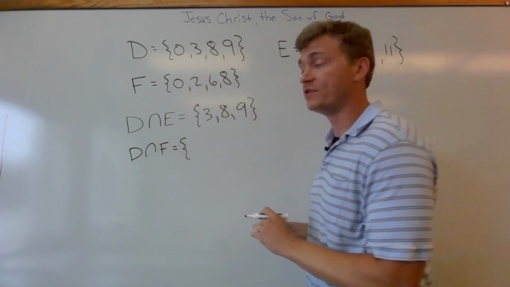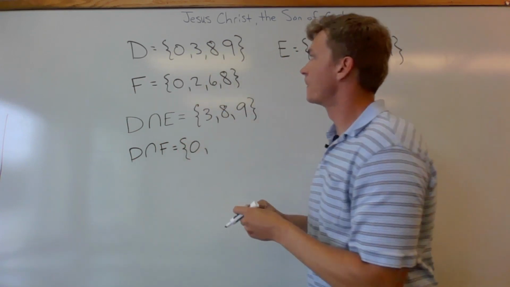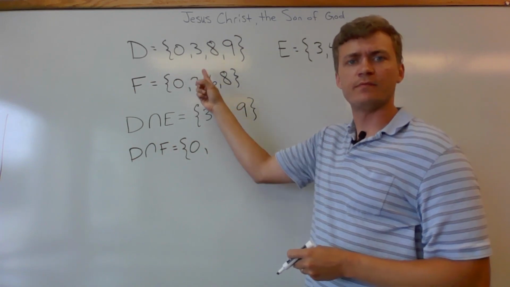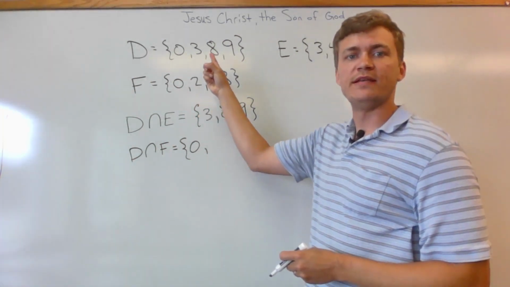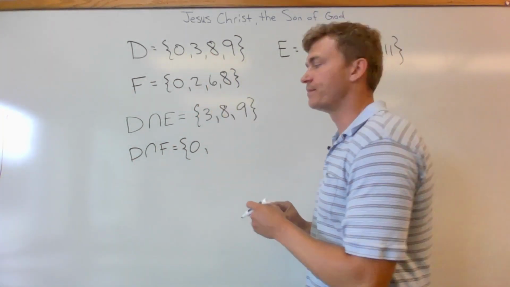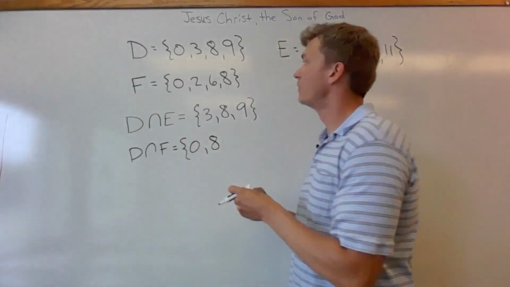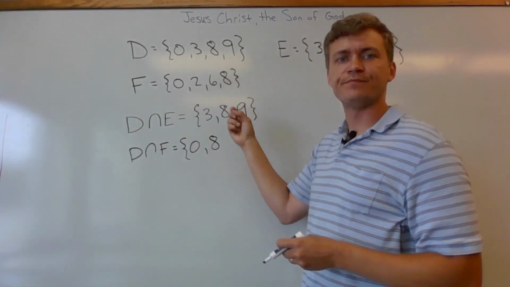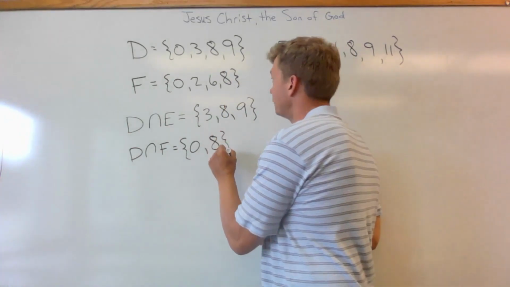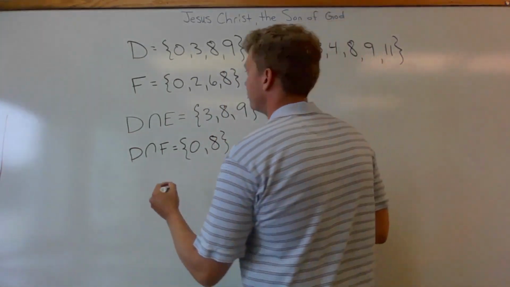D, F have both 0. D has 3, F does not. D has 8, so does F. D has 9, F does not. Lastly,